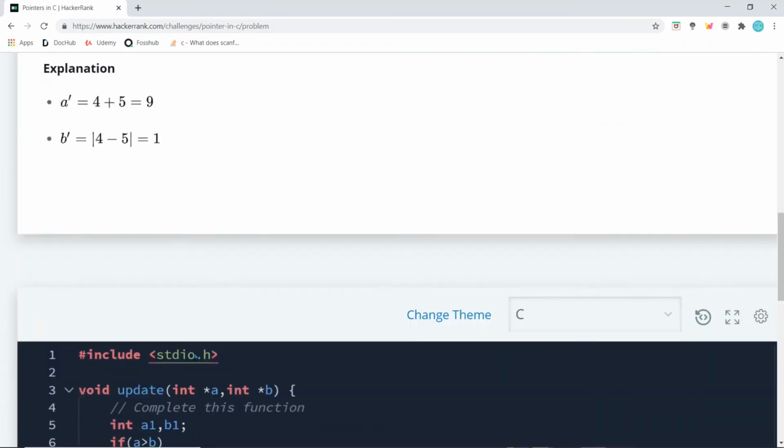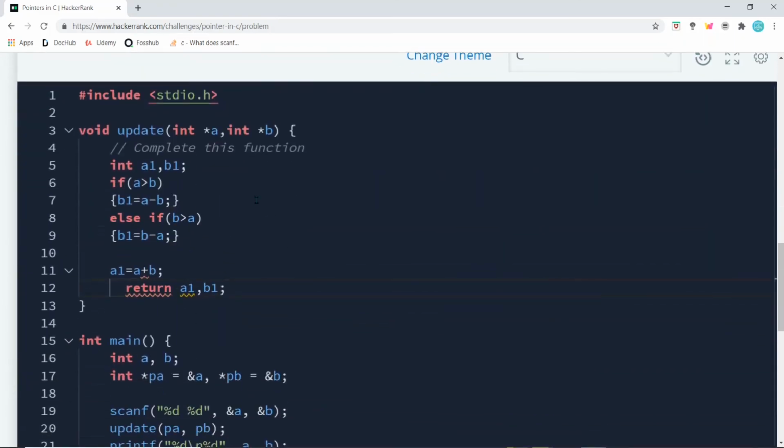Okay, if a is greater than b, so simply b, we change this. And here also we change this to b.